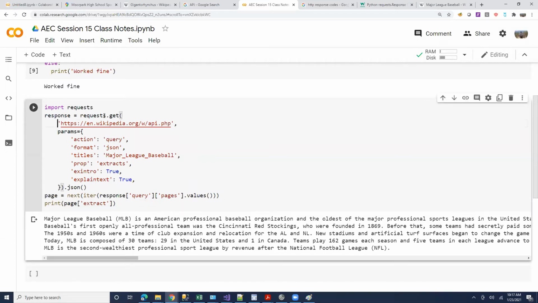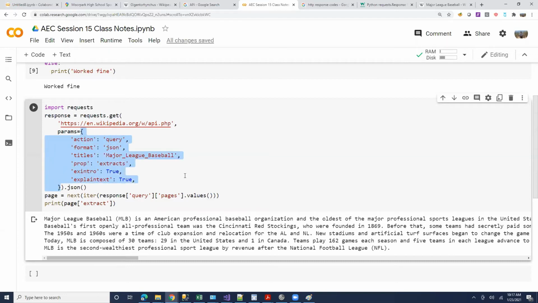I made a GET request, but I'm also giving it some parameters, so you can consider this more like a post. Let's go through what I did here. The first thing is I gave it an action parameter. What kind of Python data structure is this?